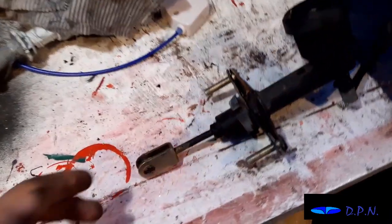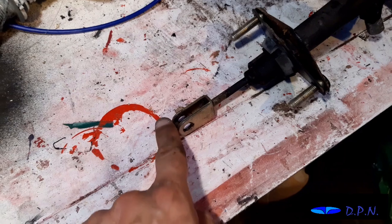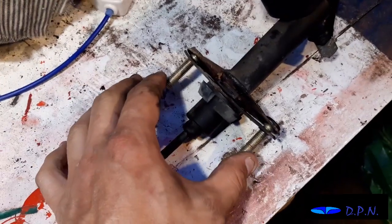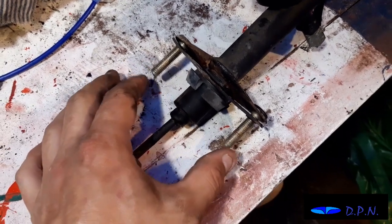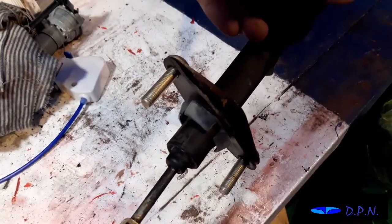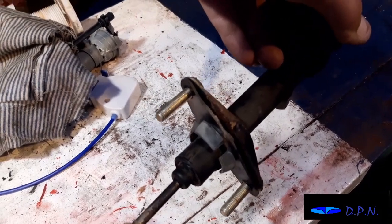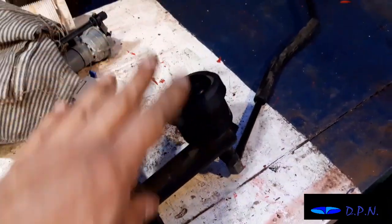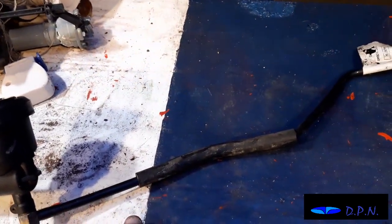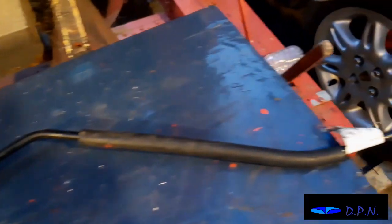We've got it out on the bench, and you can see here's the bit that goes over the pedal, and the pin goes through there, and that holds it to the pedal. And then you've got the two bolts here, and we undid the nuts each side, and it's kind of sitting up at an angle like that, which is why you could see the bottom bolt a lot clearer than the top one. And then of course this is the side you see on the engine side, and then you've got the pipe that runs through those wires and the heater hose all the way around and down to the slave